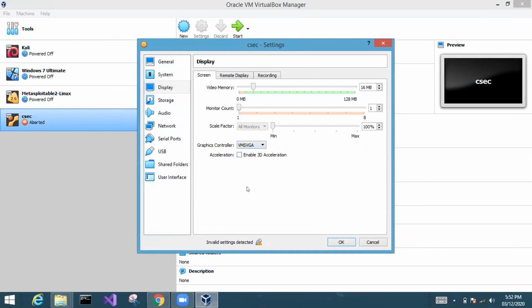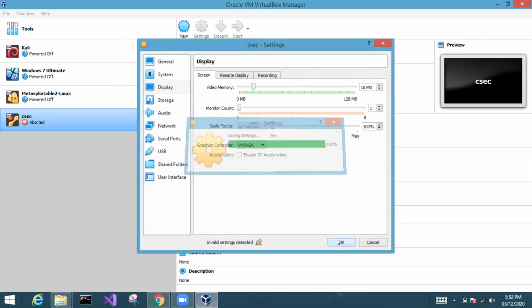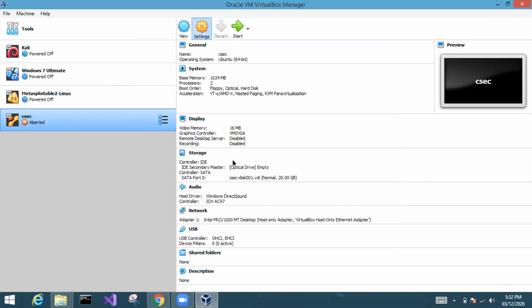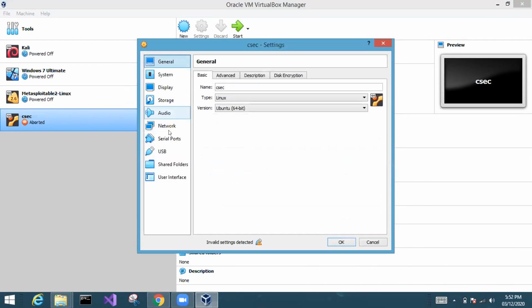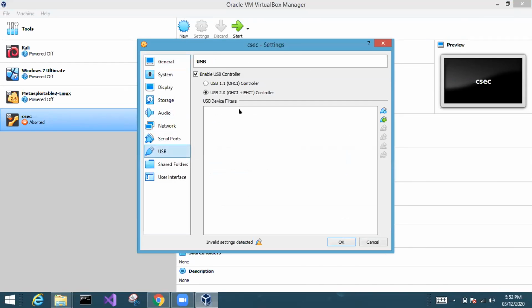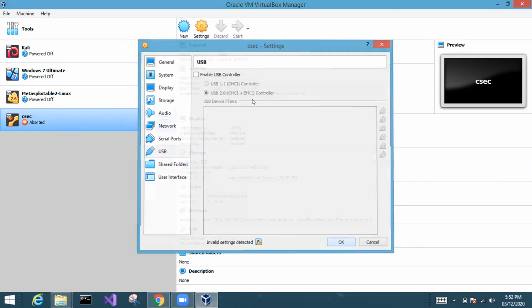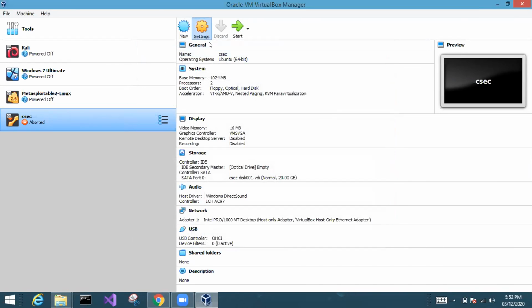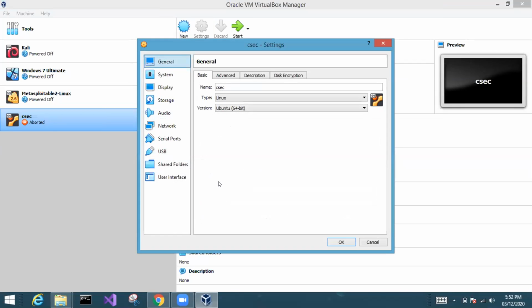Now go to USB. Disable the controller. Click on OK. Now go to settings once again. Okay, so invalid settings is not appearing anymore. Now try starting the machine.